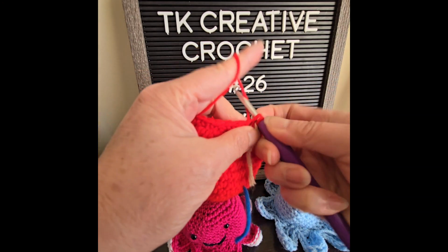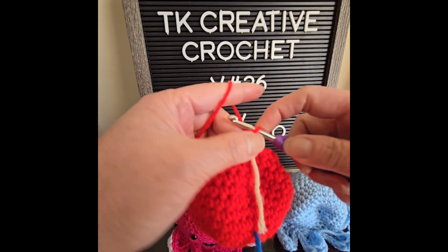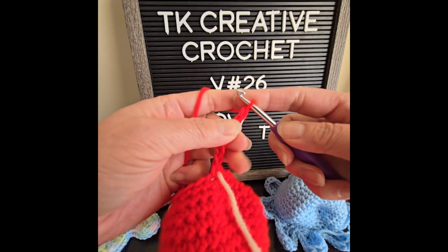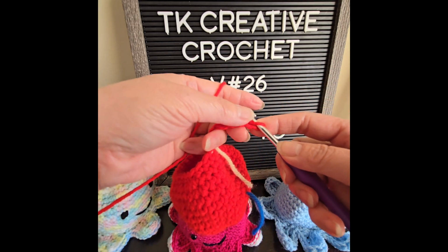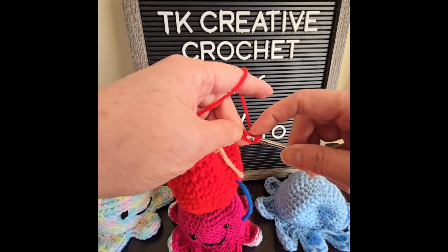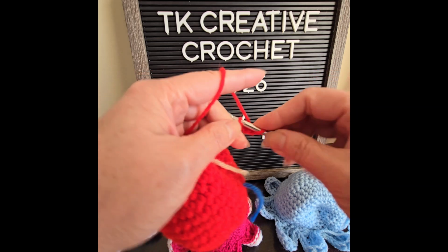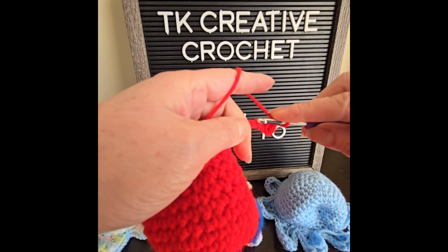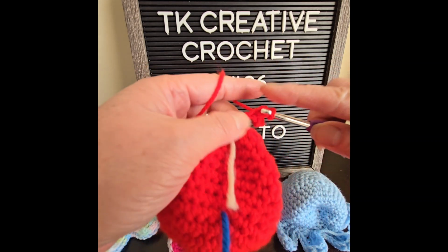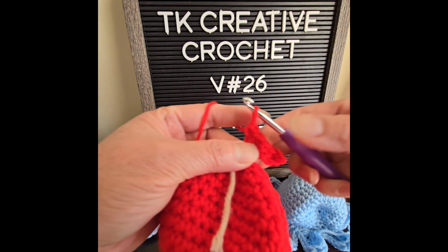Go to the next, 1 single crochet, and then you will do 6 chains. 1, 2, 3, 4, 5, 6. And then you have to come back down. So not the first stitch, but the second stitch, you will do a single crochet. You will do 5. 1, 2, 3, 4, and 5. So that's